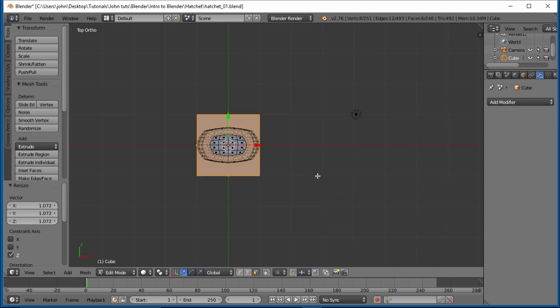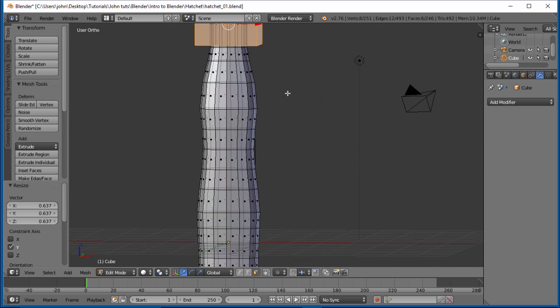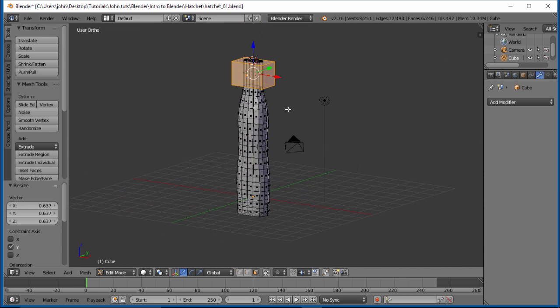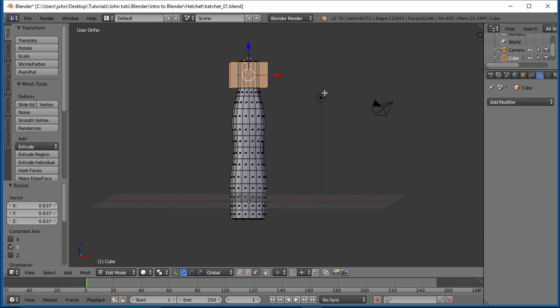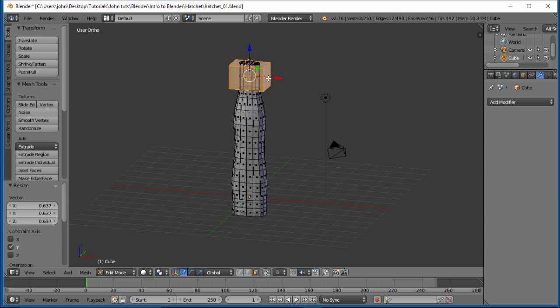So let's go into 7, top view. Let's go ahead and scale that on the Y. Let's give it a little bit thinner. Okay, I think that'll work. All right, so another thing we want to do here is, this is going to be the head of our axe here. So let's go ahead and select this back